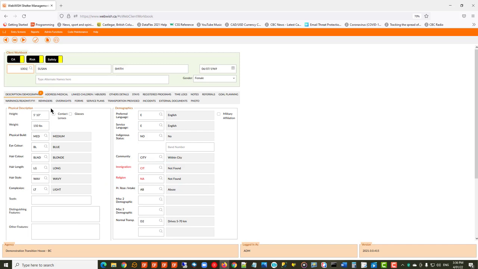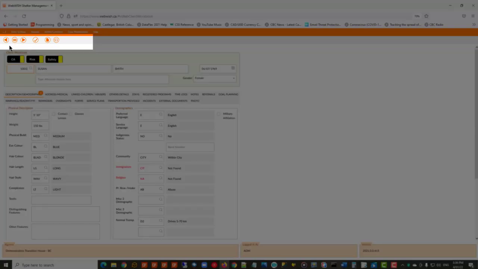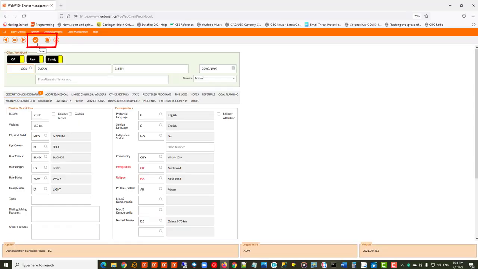By the way, depending which screen you're on, you will notice that you'll get this bar up here at the top, and these buttons do various things. The common one is this button, which is a save button, or this one, which is a clear button. At present, the print button is not connected to anything; that's coming in the very near future in the beta version. The save button functions very similar to the way it does under WISH,